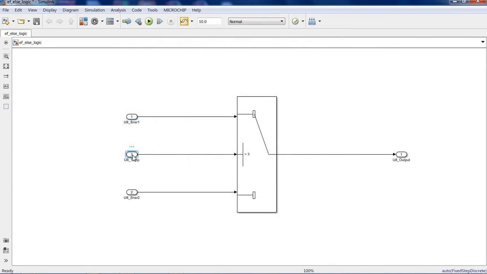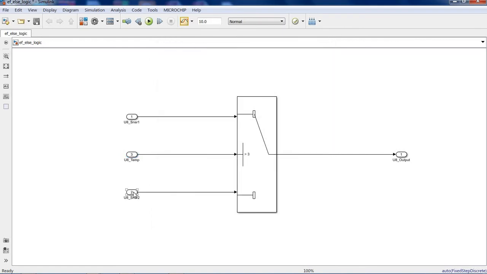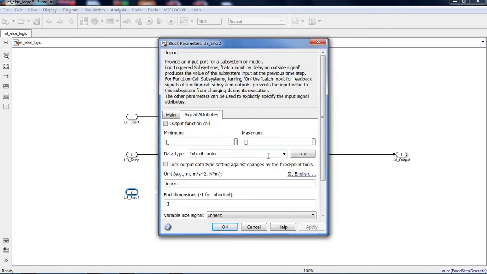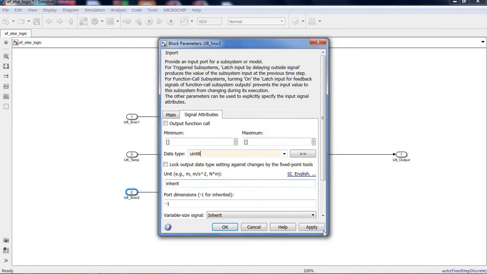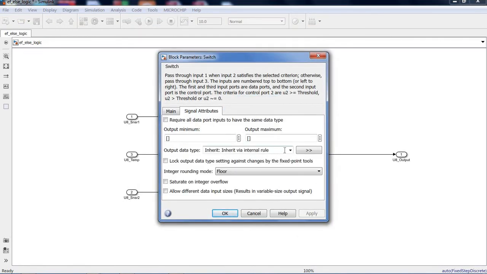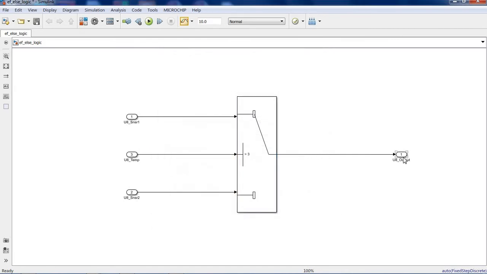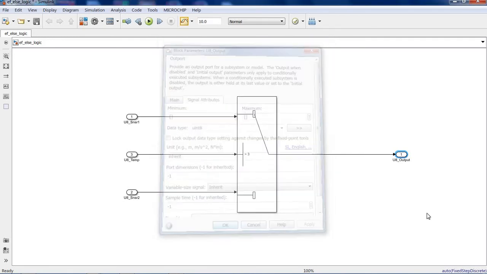Same thing for this one: go to the signal attributes, select the data type, apply, OK. Same for these also, and for the output I also want the same data type, apply, OK.